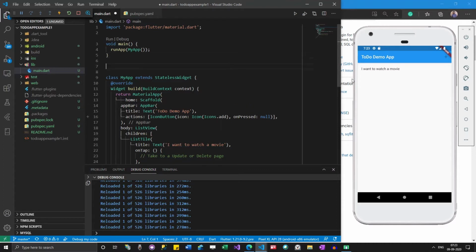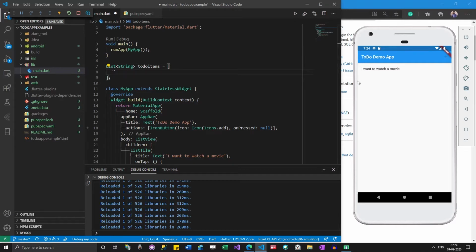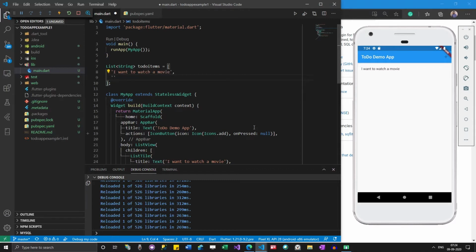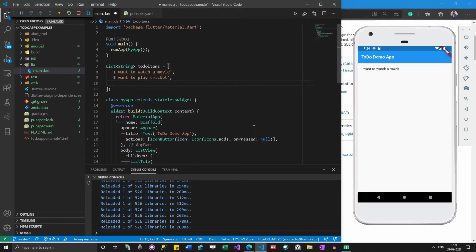A list of strings, to-do items: I want to watch a movie, I want to play cricket, I want to play games. Now I have a list of items.